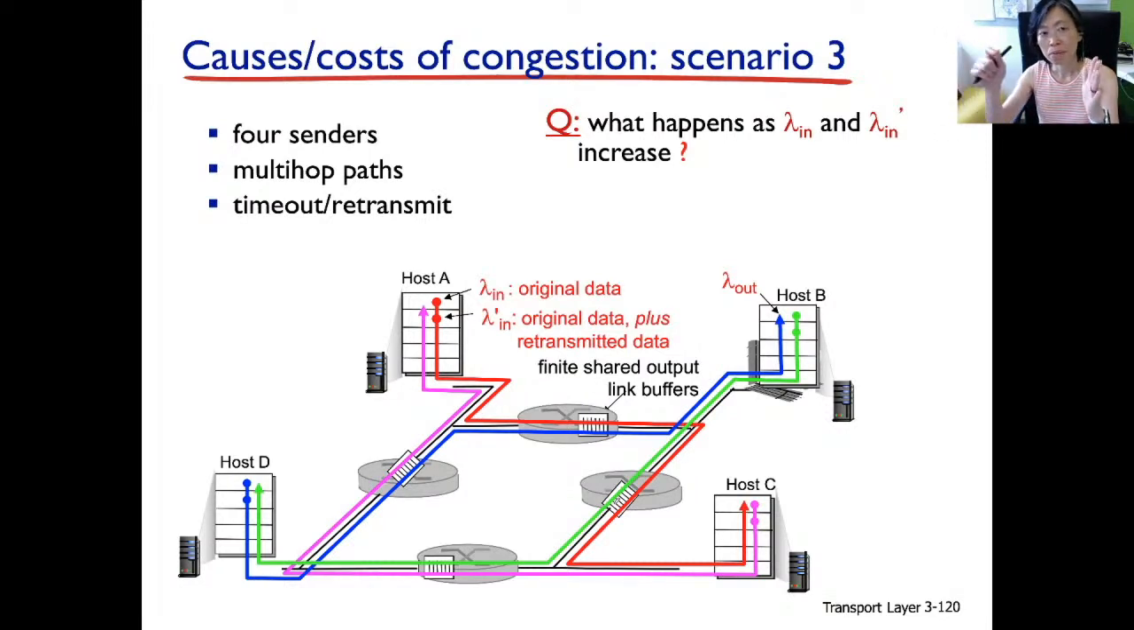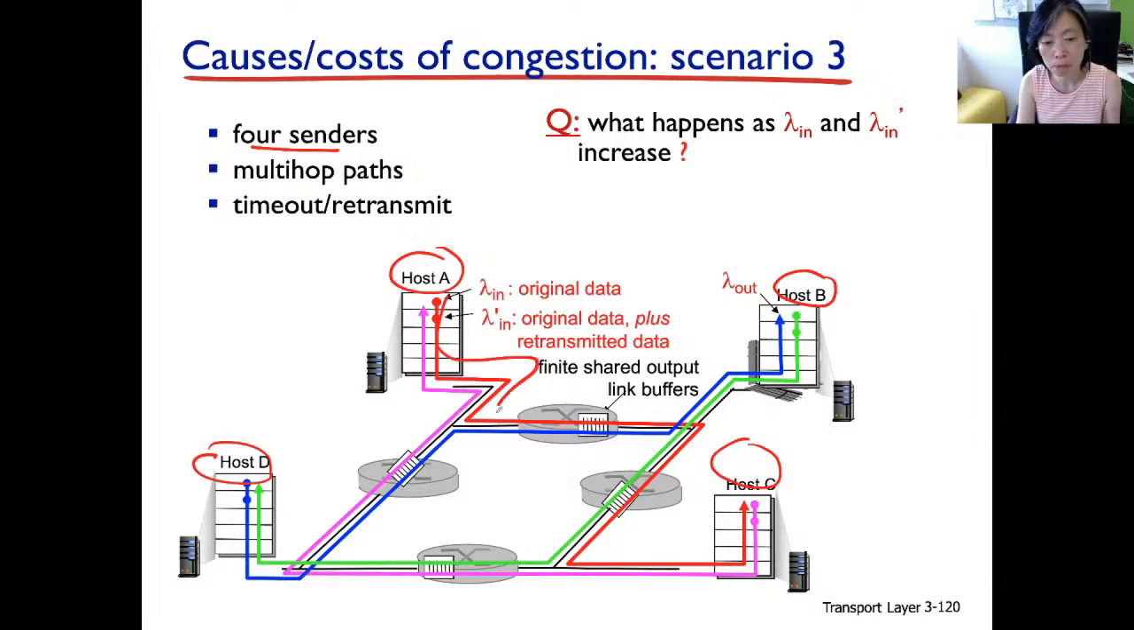Okay? But here, I'm going to show you an example. At the beginning, the more work you do, the more results we get. But in this scenario, the more work you do, you might end up having less results. And the even more work you do, the even less results. And here's the scenario. We do have 4 senders now, or 4 hosts, A, B, C, D. Okay. And each of them is generating a flow traveling multiple